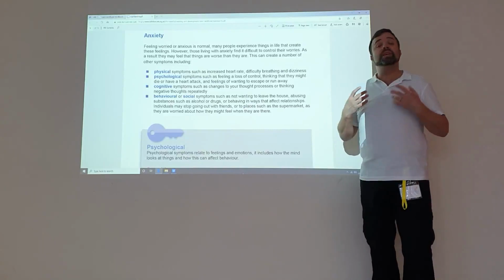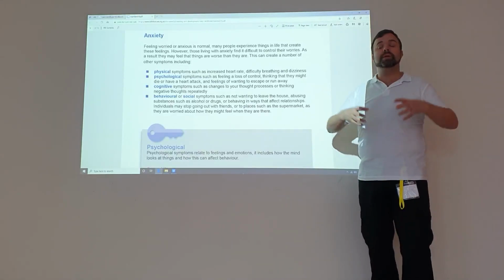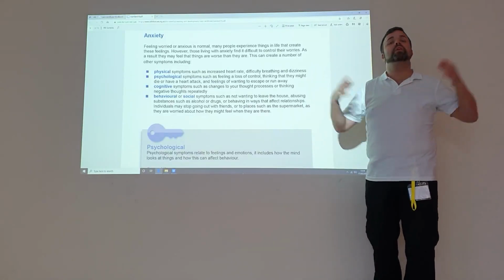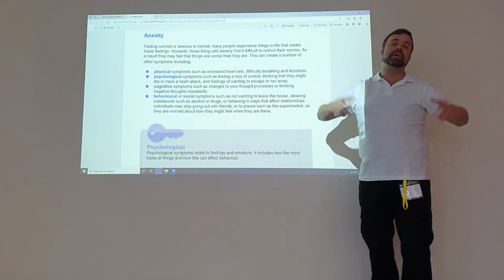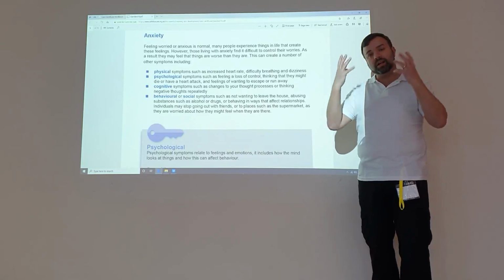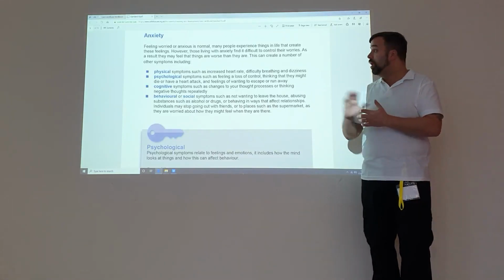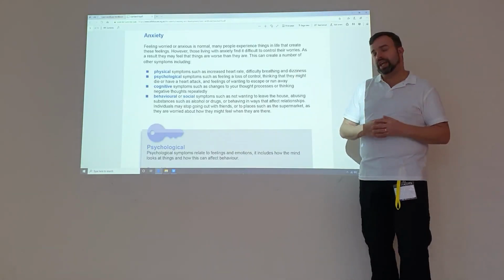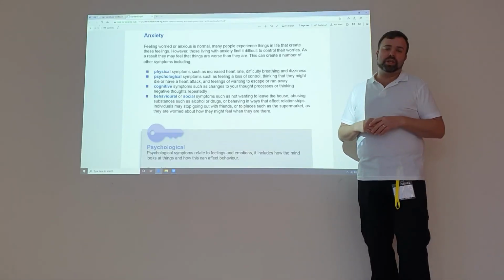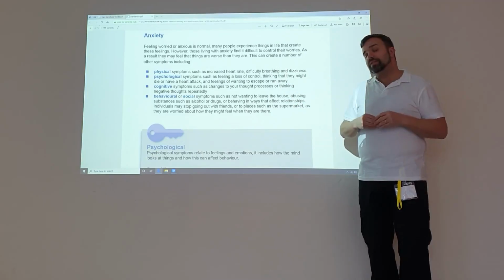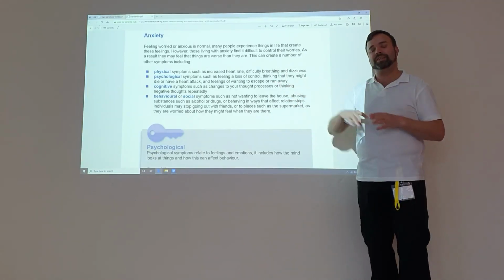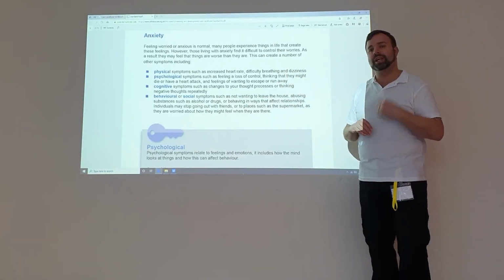We can do that by breathing exercises. So asking people to just stand up, breathe in for 7 seconds, hold, breathe out for 11 seconds can help regulate the breathing and calm the mind down. Maybe we could try some distraction techniques, take them out to look at the window or something. If the phobia or the thing that's causing the anxiety is close by, maybe we can move that out of the way, giving them an opportunity to recover.